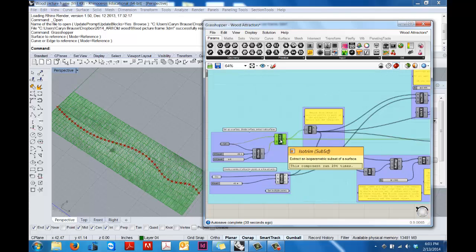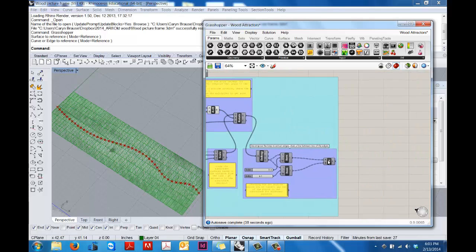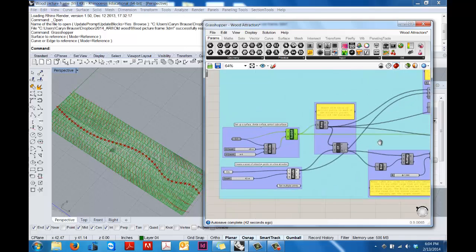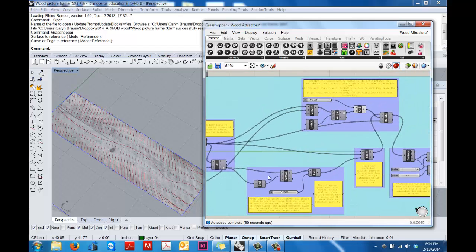So essentially what we have here is we have our subdivided surface, and then what we're going to do, in this case, I'll show you the end result. What I've really set up are a bunch of lines, and it's really just a pattern that you can make. So the way that I have it set up basically takes the points from the center of each of these subsurfaces, and then it takes the points from the divided line and it compares them. And what it does is it